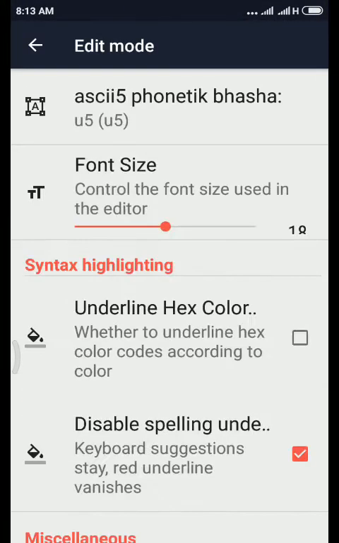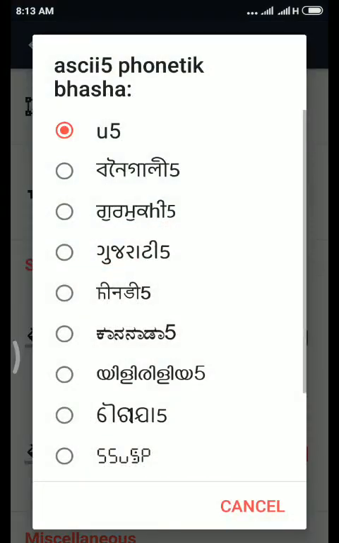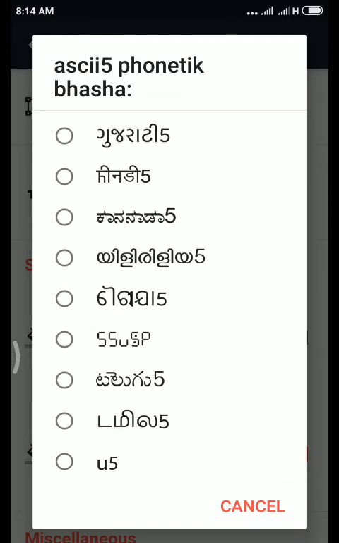Settings, edit mode, font: Bengali, Gurumukhi, Gujarati, Hindi, Kannada, Malayalam, Odia, Telugu, Tamil.